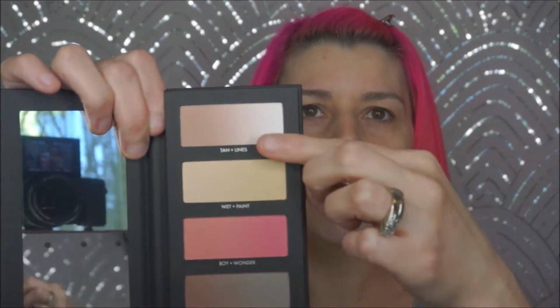I say second impressions because I did use a few of these shades a few days ago just to do a very simple no makeup kind of look, and it was nice, but because the shades were the most subtle and light ones, it didn't give me the full idea of this palette itself, and I only used it on my eyes. So I'm gonna use this for as much of my face as I can and go from there. When I first used it, I used my KVD Shake Primer, and so I primed this side with that, but then I'm gonna go in on this side and use a more pigment popping primer,